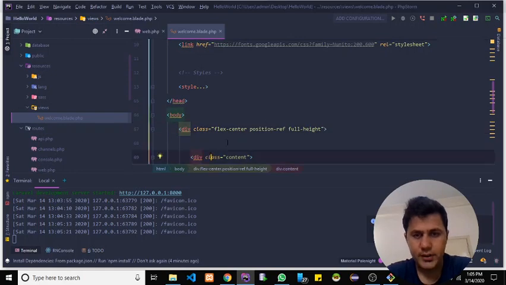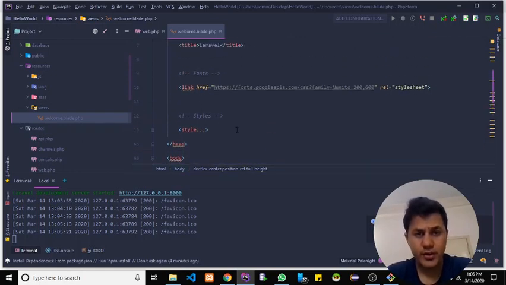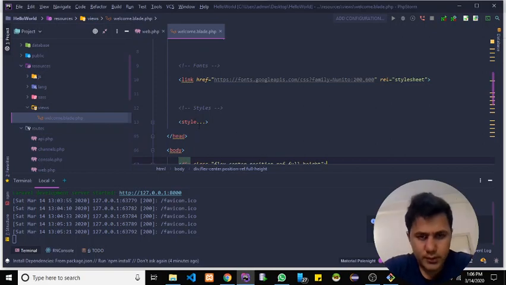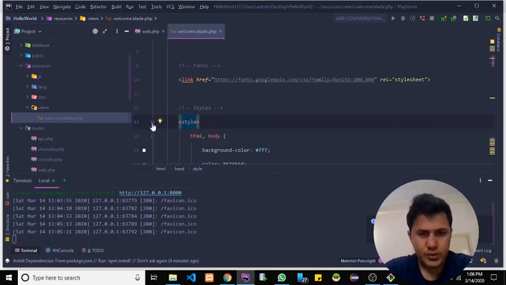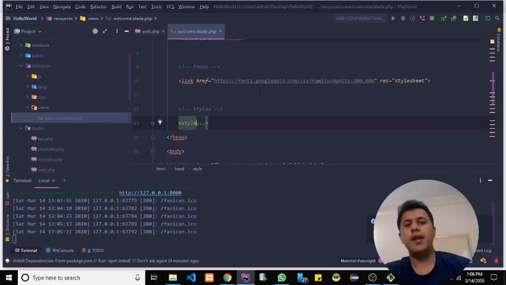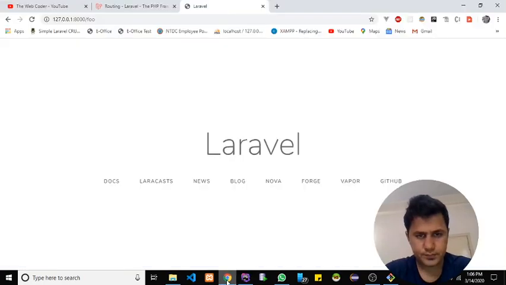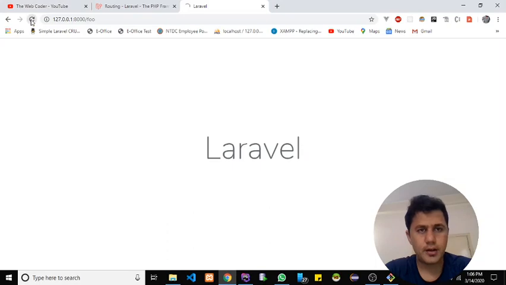All these are bootstrap classes. We will cover it in later videos. There's an inline style. This is the style section, which is implemented on this one file only. So once I refresh the URL,